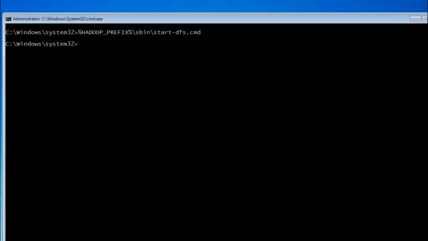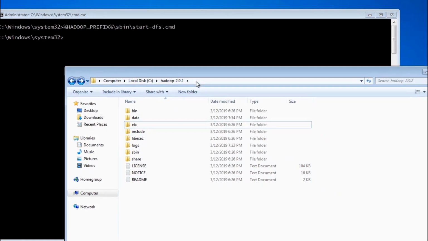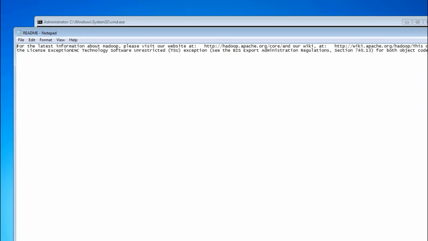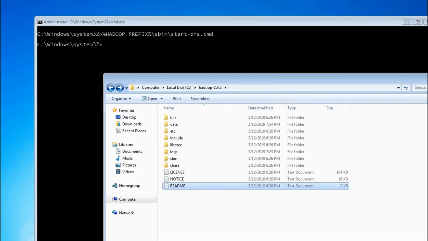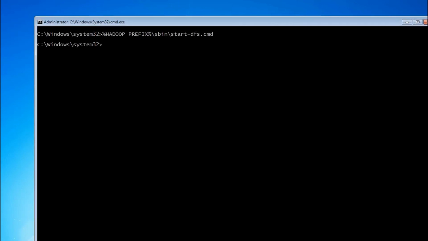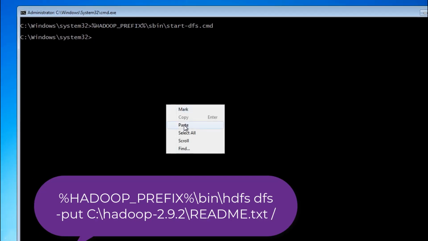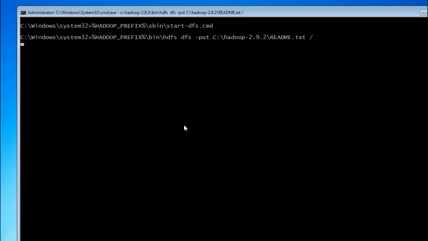Now let's try to put a file into HDFS. What I've done is I'm going to put the README file from Hadoop 2.9.2, and here is the command to do that. So this is going to push that readme.txt from your local file system to HDFS.